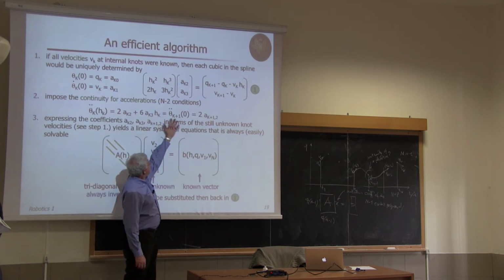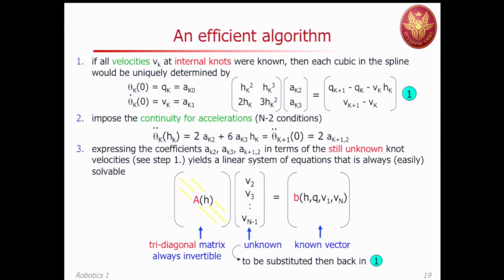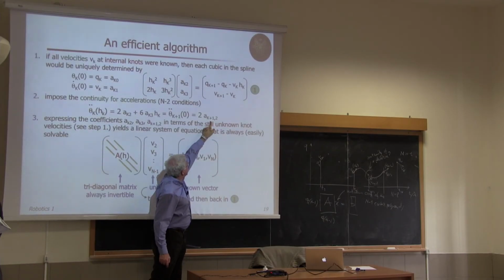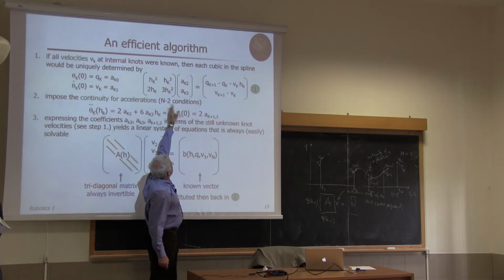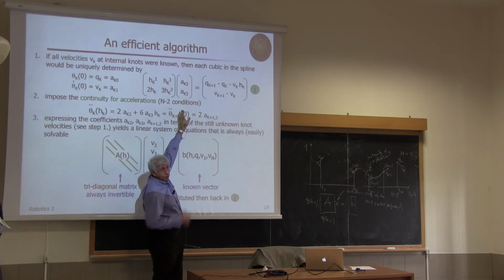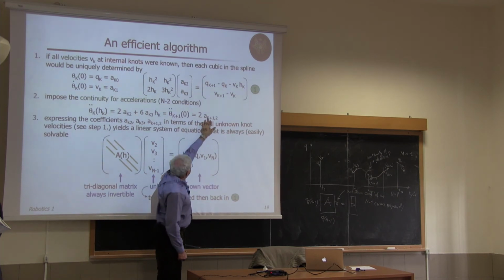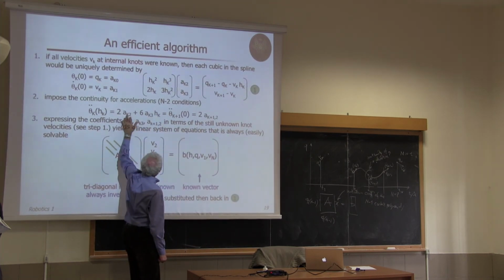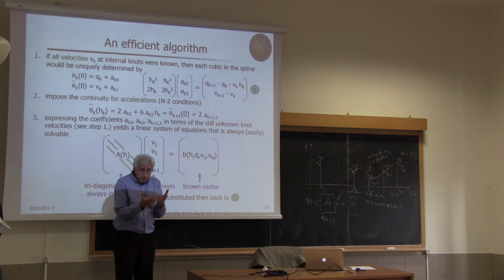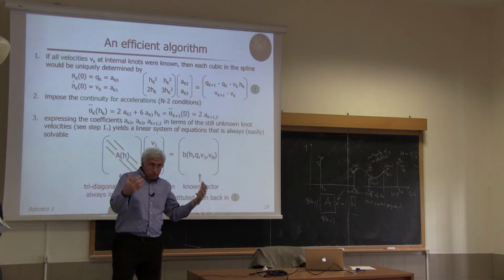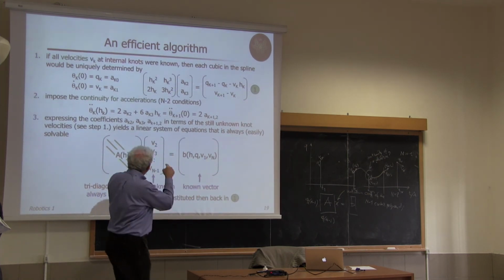And then I equate this to the acceleration of the following cubic, evaluated at the initial point. And again, its expression is this. And this coefficient is the solution of a similar equation for the next interval. So this coefficient and this coefficient are the only ones that appear in this continuity equation, and each of them